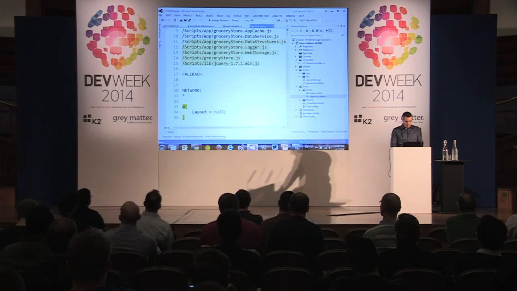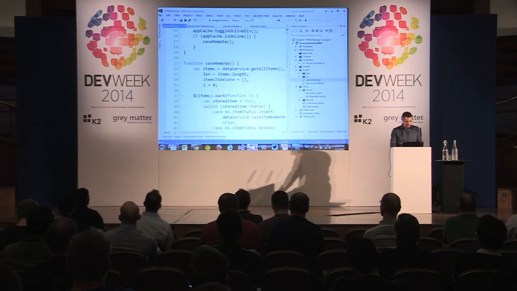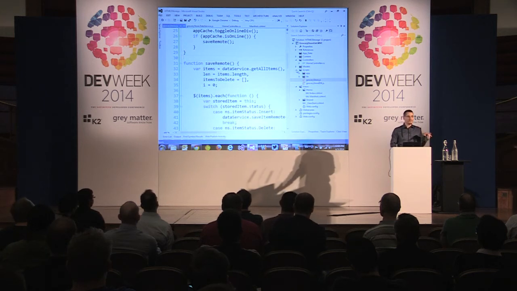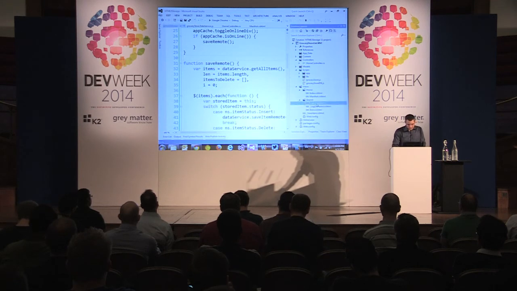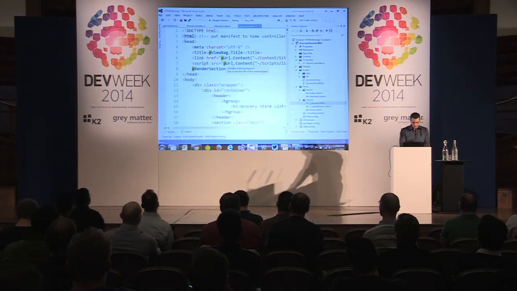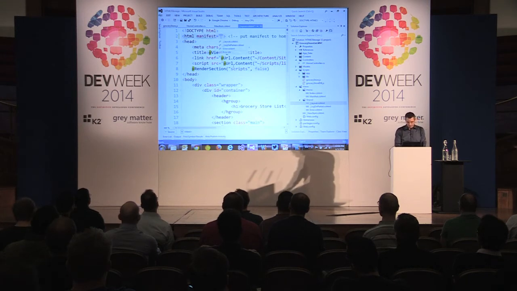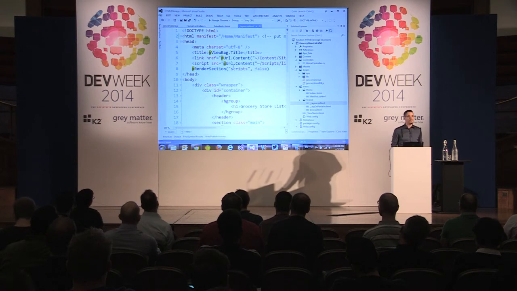So we have our cache manifest, but as I said, we need to wire the manifest in the HTML. Where can you do that? So here we go. In the HTML, put manifest equals the endpoint of the manifest file. In my application, it's home/manifest. And that's all. Now I can run the application,